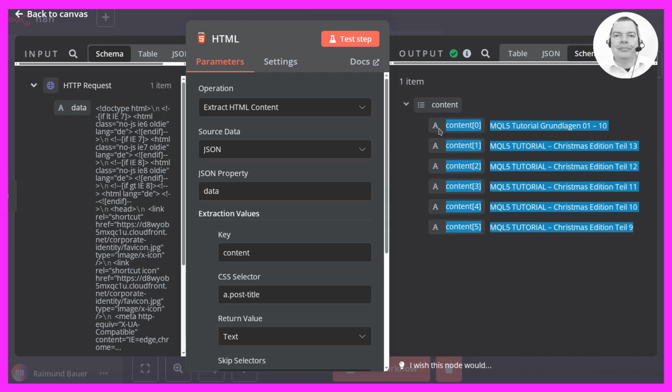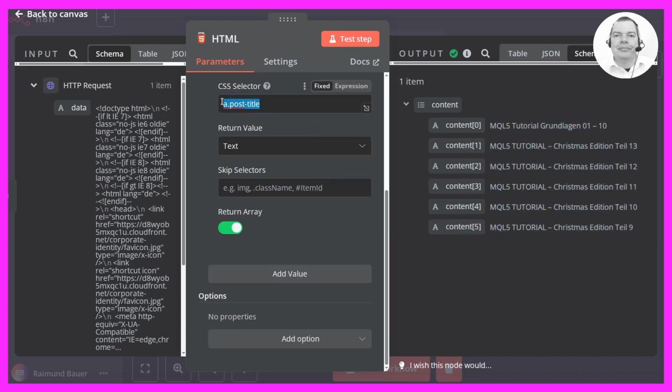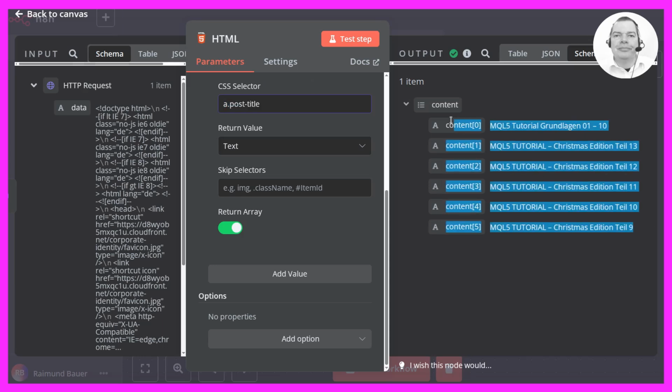This is particularly useful if there is multiple content on the website, all of which may be of interest. For example, all posts or article headings can be extracted. This lays the foundation for further evaluations and enables the user to quickly obtain an overview of the current topics. This type of extraction is particularly interesting for companies that work with content marketing or want to monitor the activities